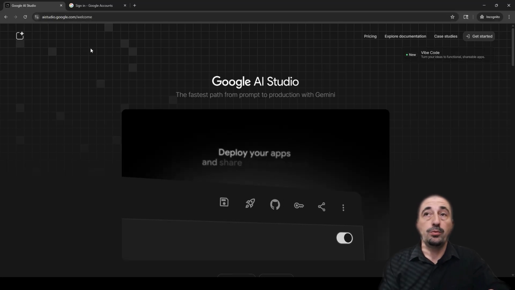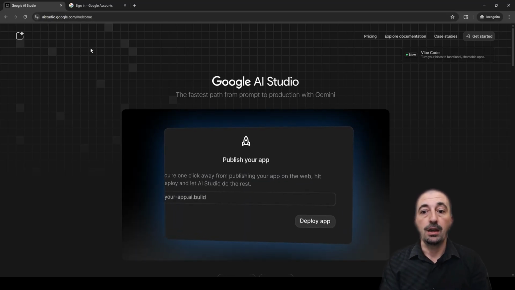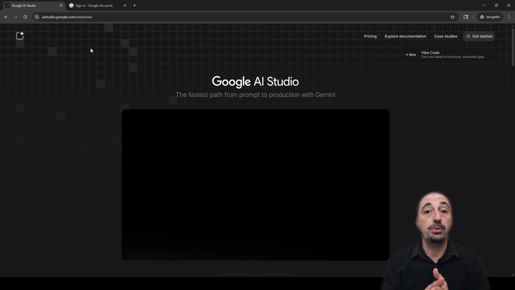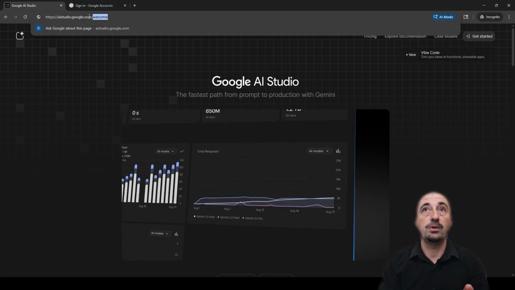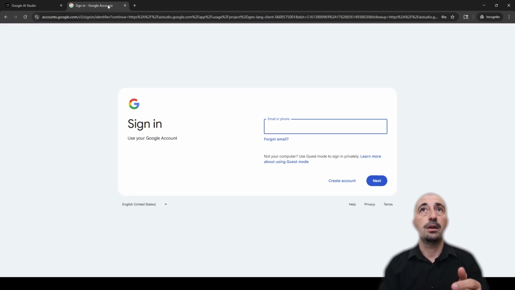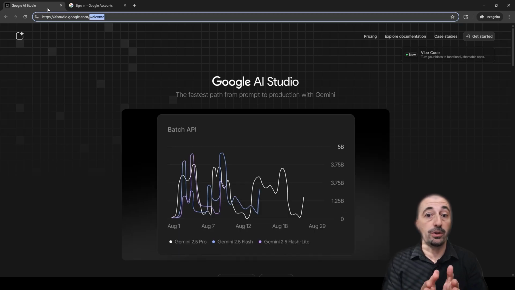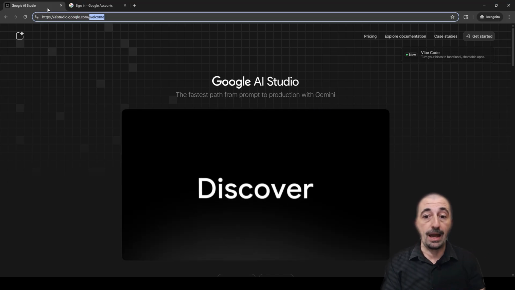aistudio.google.com. Here would be the place that you would be looking and generating that API key that would give you that opportunity of consuming and using prompts over the terminal. So you're going to need that one. So what could be next? Next would be going to the API key and then signing in with your Gmail account. And that would be all that is needed for you to have the generated API key